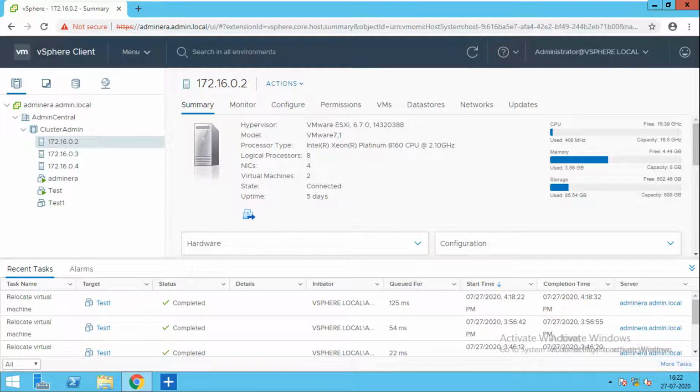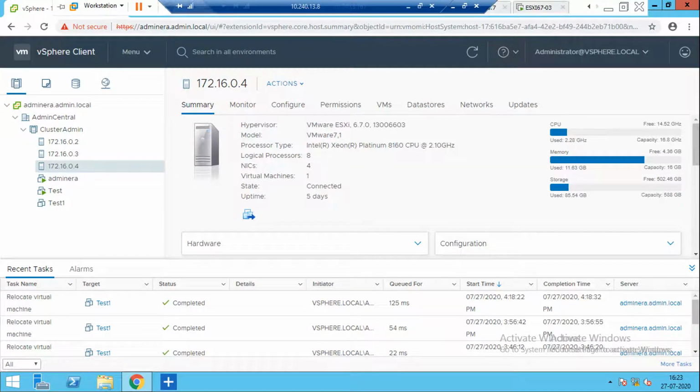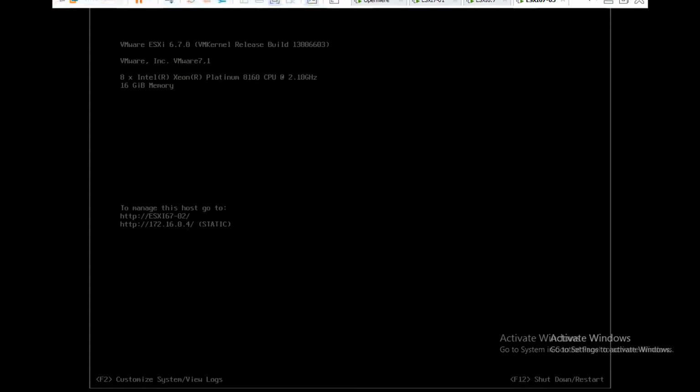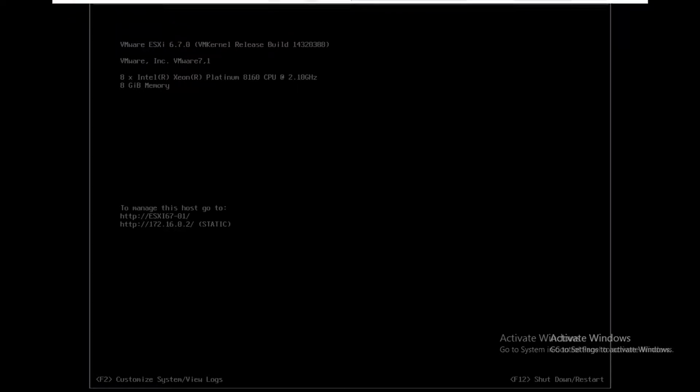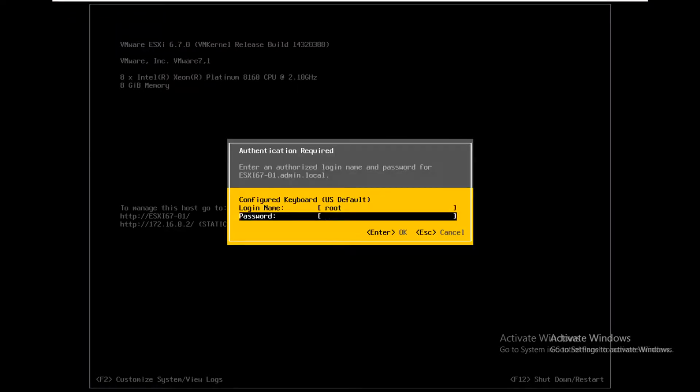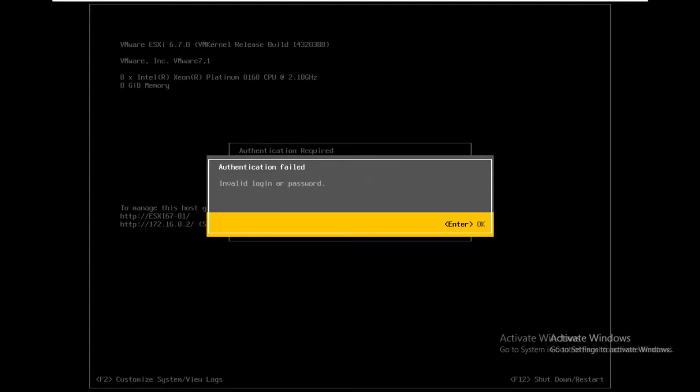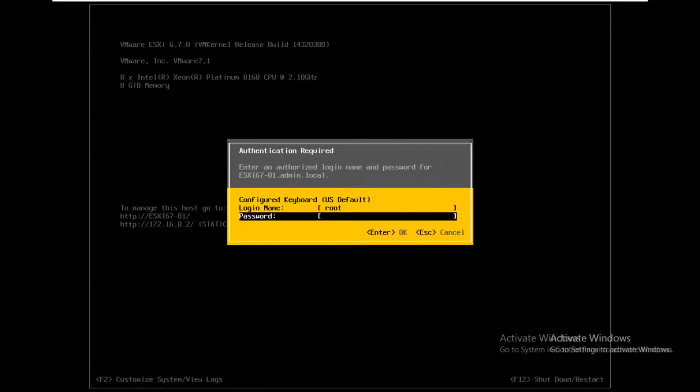So this is 0.2, and I'm going to reset the password of 0.2. Yes, you can see I'm not able to log in.